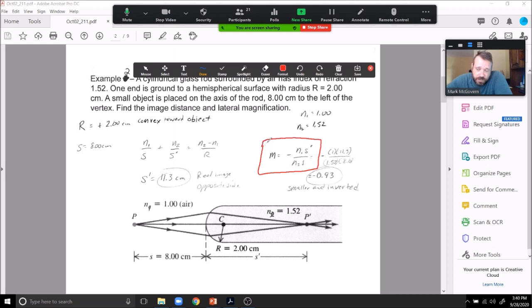The way we did this before, in order to figure out magnification, we saw that there were similar triangles that compared heights of things to their distances. Well, that still applies, except now there's two different indexes of refraction. And so we end up with this new relationship here where we still do a ratio of the image to the object distance, but we also multiply them by